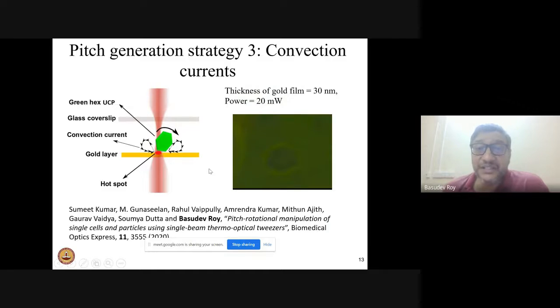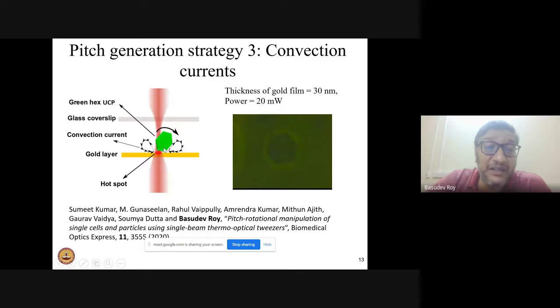So the third generation strategy is, if you have a gold coated surface. Generally, when you optically trap a hot or heated particle, or an absorbing particle, inside the sample chamber, which is like a glass slide here and a cover slip here, and in the middle you have the particle, then it generates convection currents. Now, nobody thought that if you take a gold layer and put it on the bottom surface, the convection currents also form very close to the surface. So we put this gold layer, and then we illuminated it with a laser beam, and then we find that